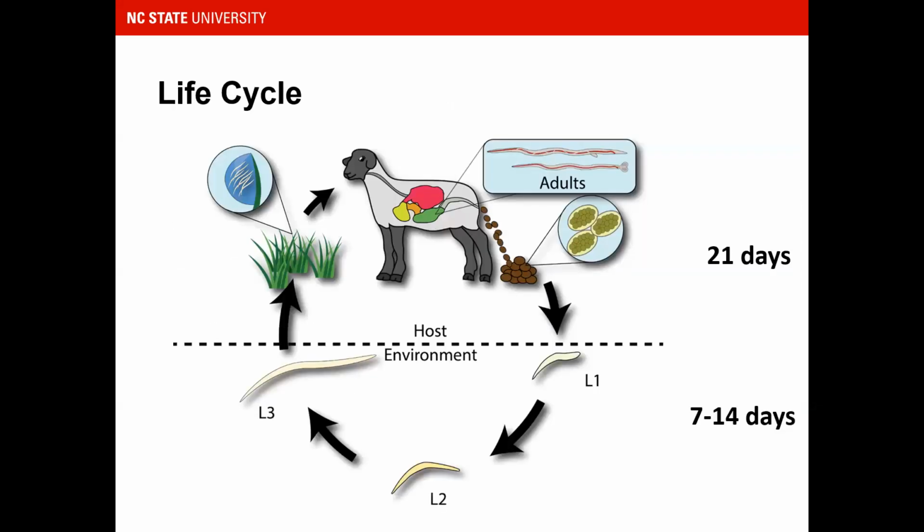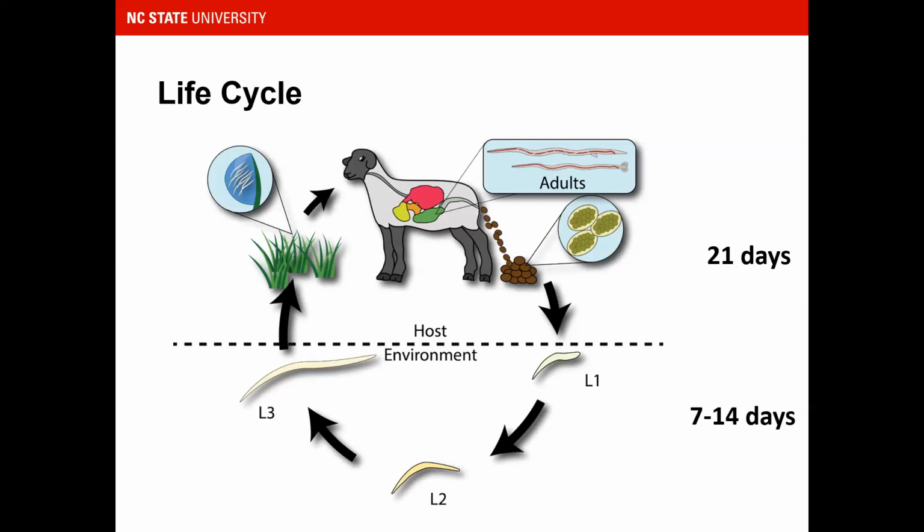So I think it's really important to understand the life cycle of Haemonchus, to understand how we can manage the parasite and select for sheep that are more resistant to the parasite. Haemonchus follows a direct life cycle. The adult worms live in the abomasum, which is the fourth compartment of the ruminant stomach. They release eggs, and those eggs are deposited in the feces out into the